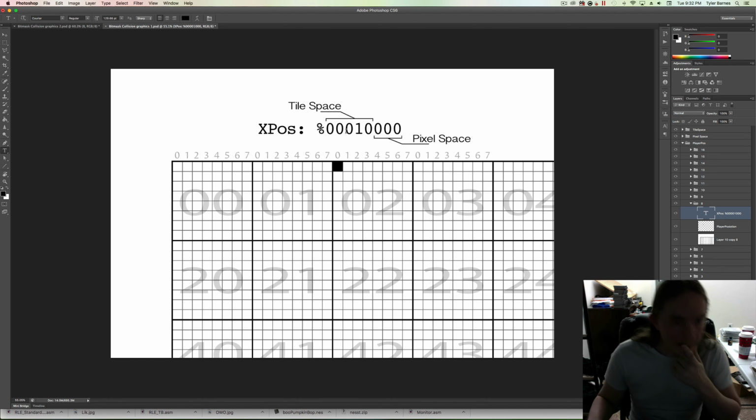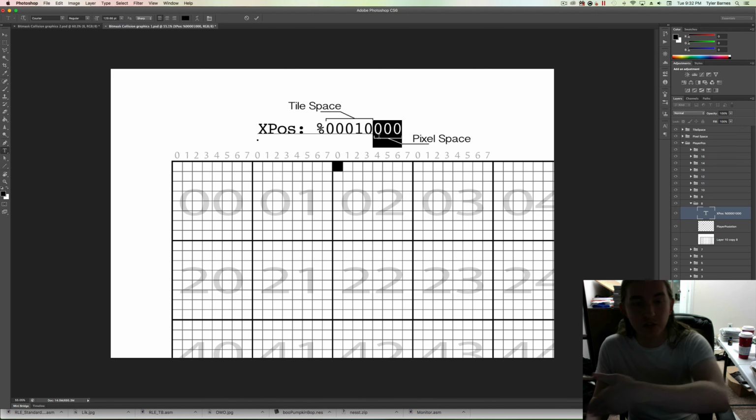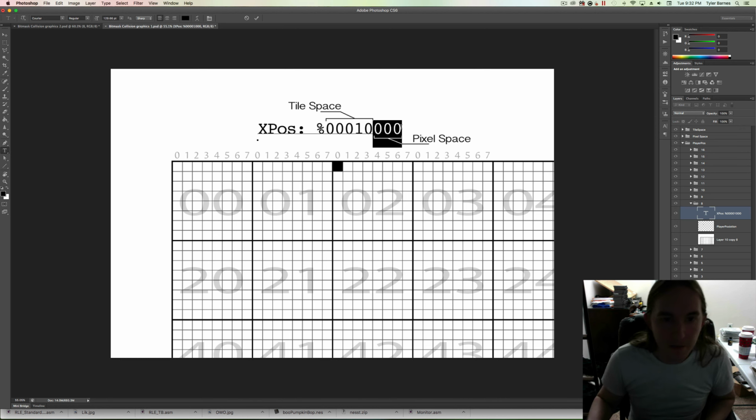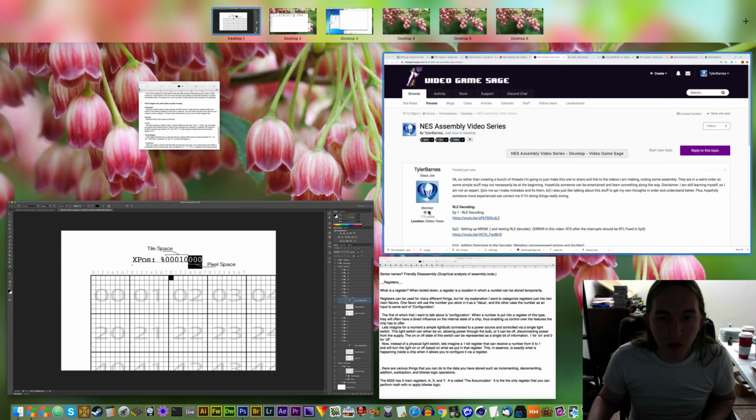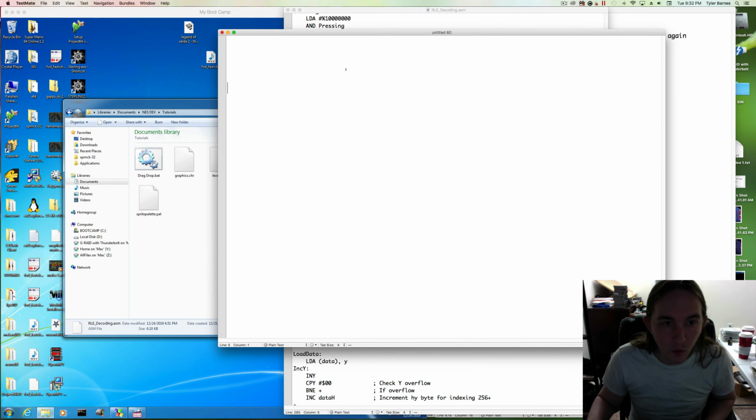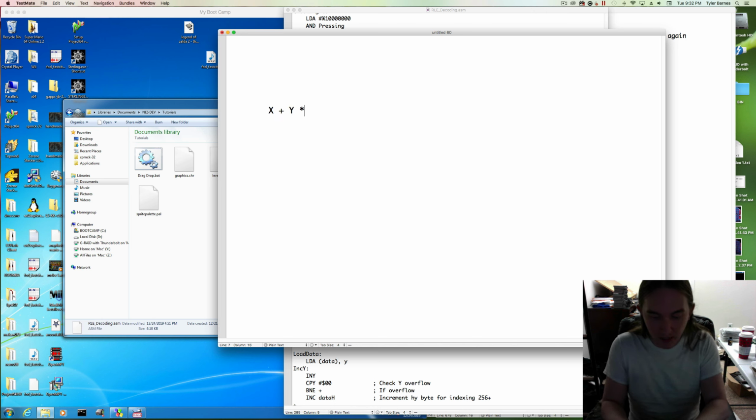So in reality, in our code, we're going to have to divide the X position by 8, and that is truncating these 3 bits off because we don't care about them. And we do the same thing to Y. So let's update what that looks like. So that formula was X plus Y times width. Now we know some of these values already because remember,